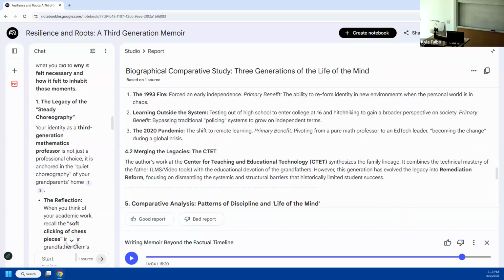It combines the technical mastery of the video tools my dad was working with, the educational devotion of my grandfathers, and then I've evolved it a step further into remediation reform, focusing on dismantling systemic and structural barriers, right? So it's got this narrative that I wouldn't have come up with. And if I chose to take that story arc, it's there for me to write with, right? Not necessarily to use it.